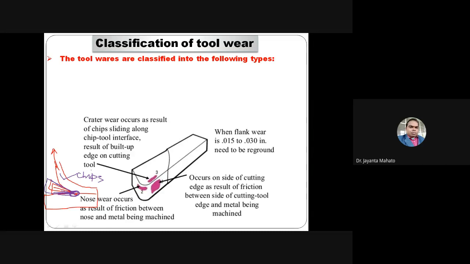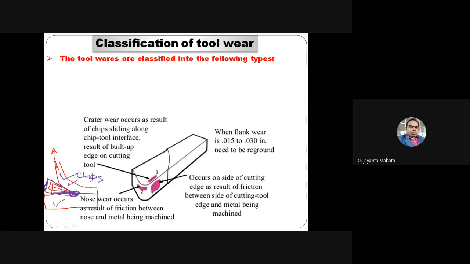So there are actually three contact zones, and obviously the tool wear will happen only at these three contact zones. The tool does not wear at that portion. Tool wear will not happen here, there is no contact here. Only the portions in contact with either the chips, the workpiece, or the uncut portion will wear out.